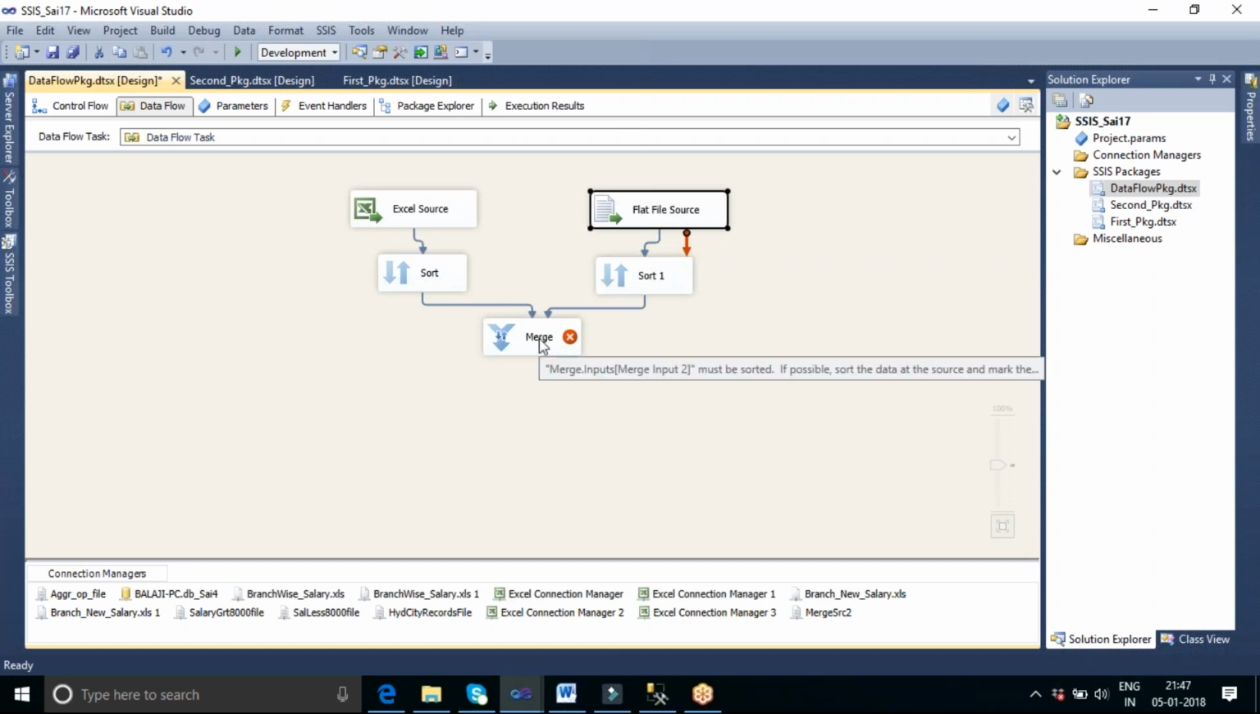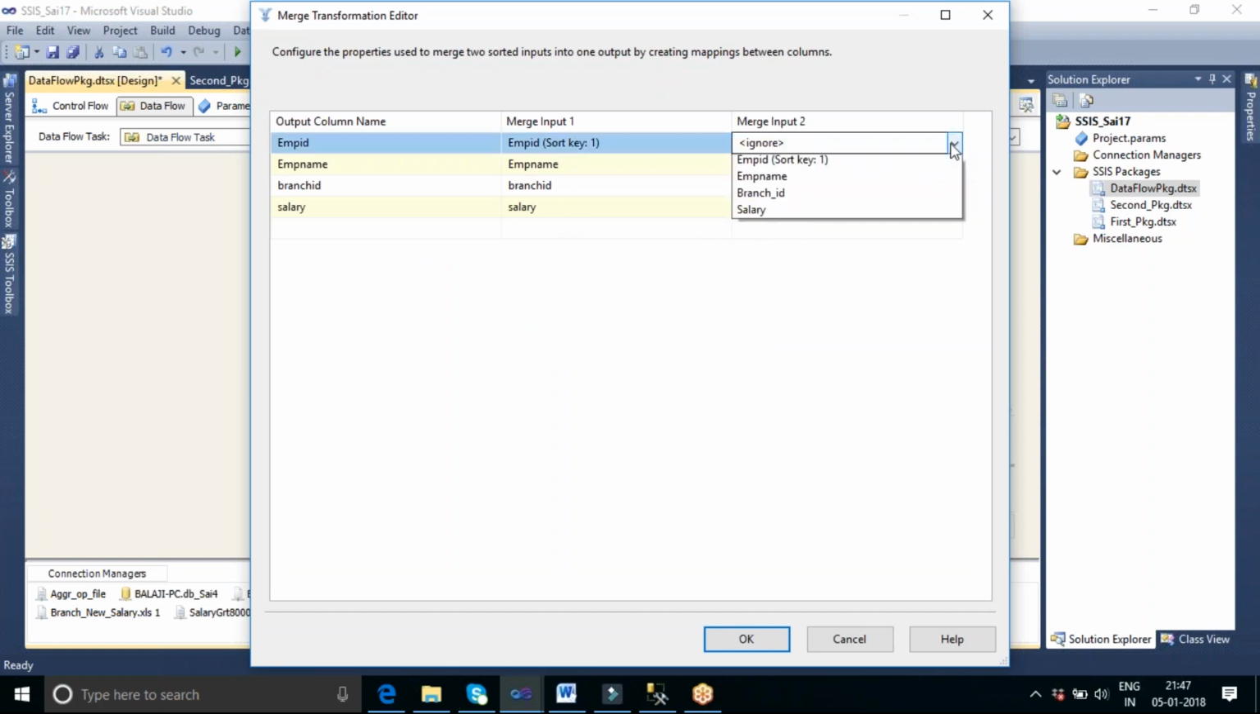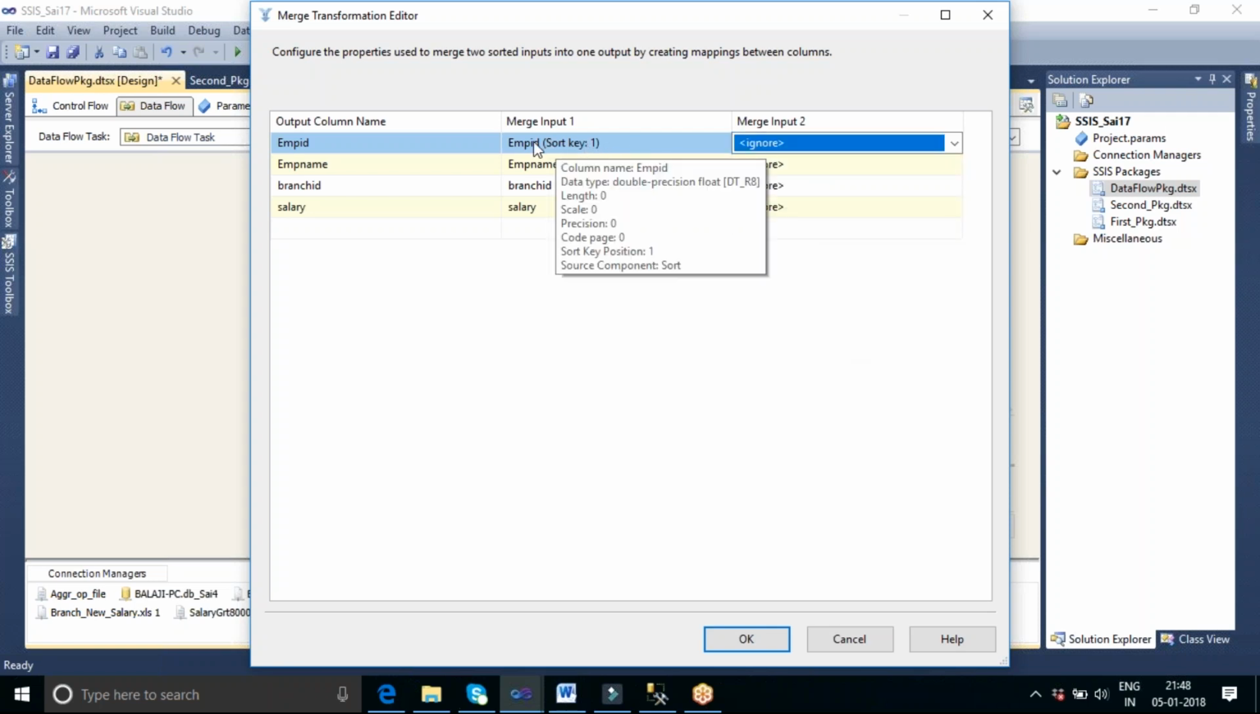Okay. Now we have passed both the input data to the merge. Inside the merge, you can see Input 1 means these are all the columns coming from the Excel file. Input 2 means these are all the columns coming from the text file. Okay. Now if I try to match, you can see employee, here it is data type,